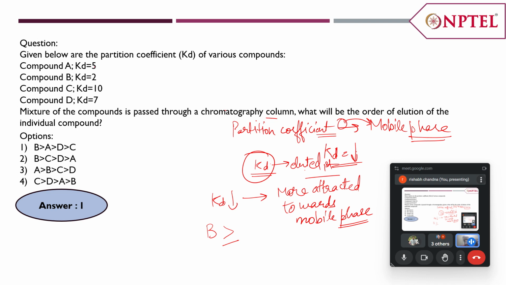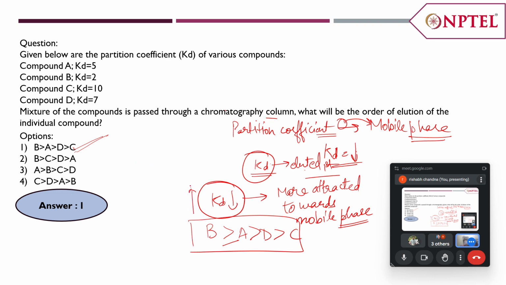Then comes the second lowest Kd, that is compound A. Then the 7, that is compound D, and then Kd equal to 10, that is compound C. So this will be the correct order. So that is option number 1. And that means the particular compound will be staying least in the column. Okay, so that's why when the mobile phase is passed through the column, the compound that has the least Kd will be eluted first. Okay, so any doubts in this question? No, sir. Okay,